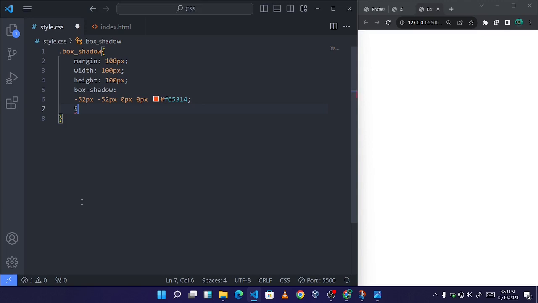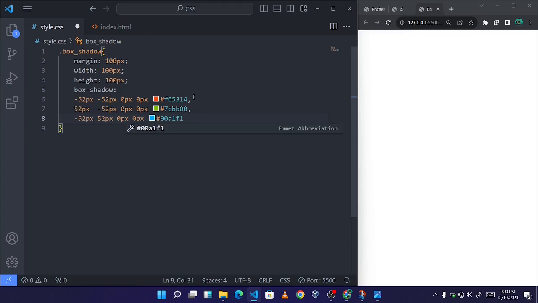This one is not going to be negative, it's going to be positive because we're on the right side. Sorry, change this to a comma to make it work, and this is going to be negative again to make it in its place, and it's going to be 0 pixels, and let's change this to 7cbb00. All right, another comma, and right here this is going to be negative because we are going to set it at a different place, and it's 52 pixels again, and 0 pixels and 0 pixels, and the number is going to be